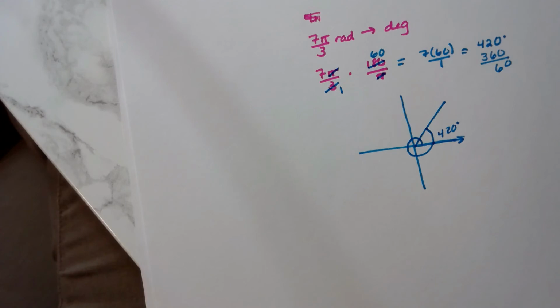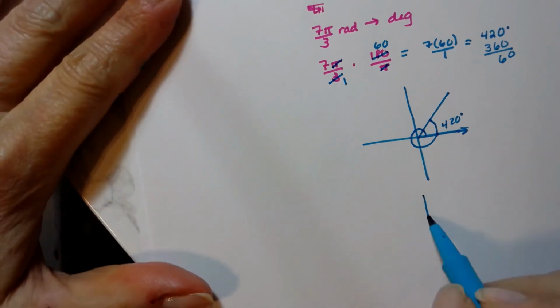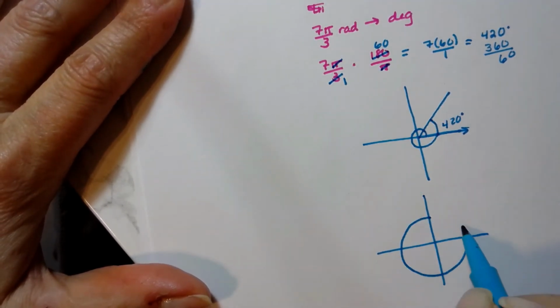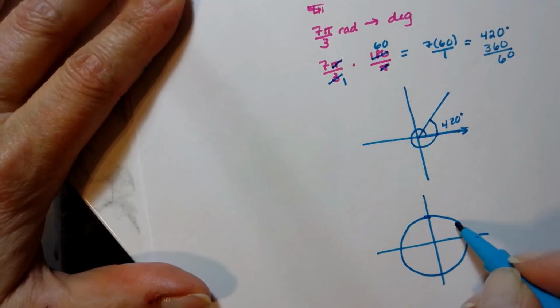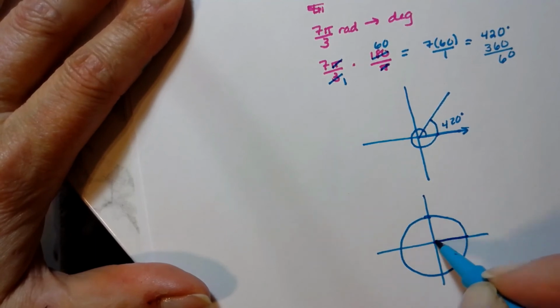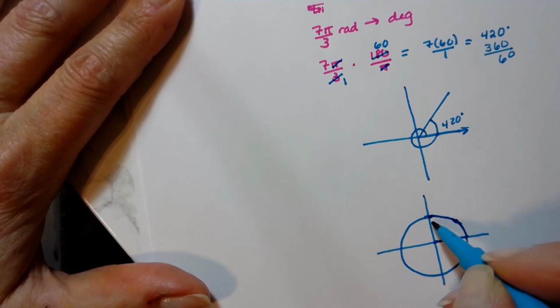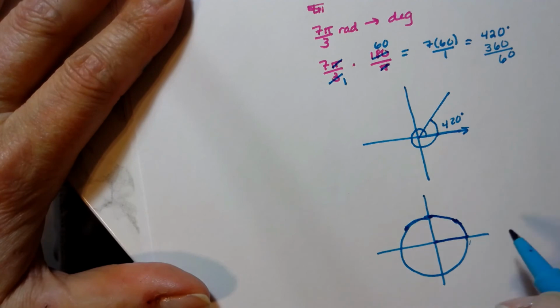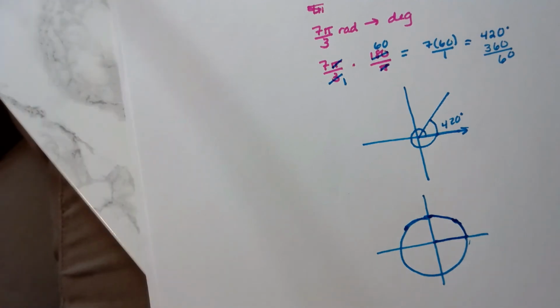And it makes sense, right? Kind of. When you think about the outside of the circle, where the radian measure is equal to the arc length is equal to the measure of the radius, right? We had 1 radian, another radian, right? There were 6 and a little bit more, 6.28 radians. So it makes sense that 420 degrees would be